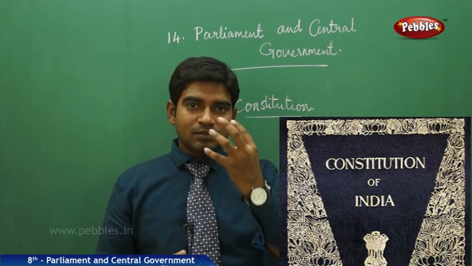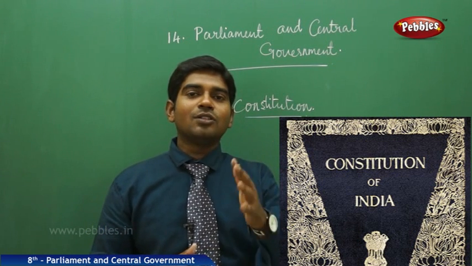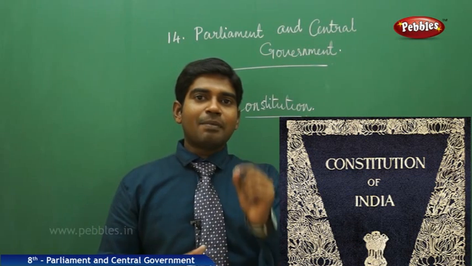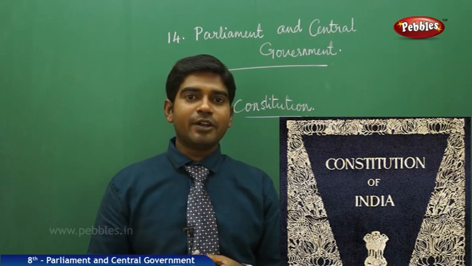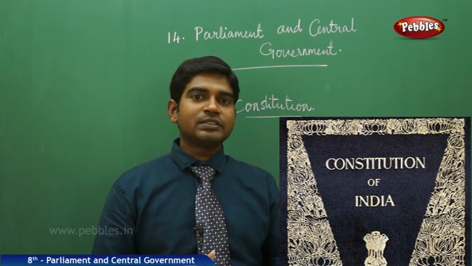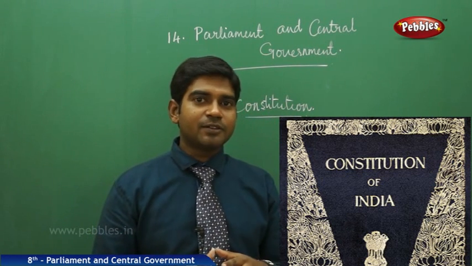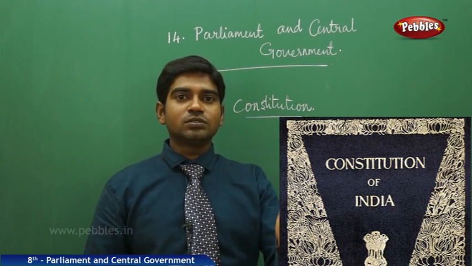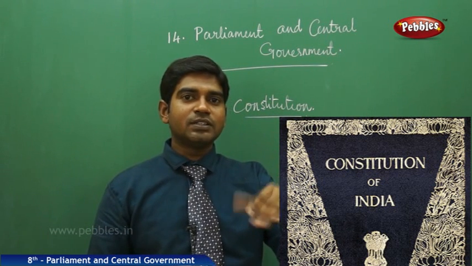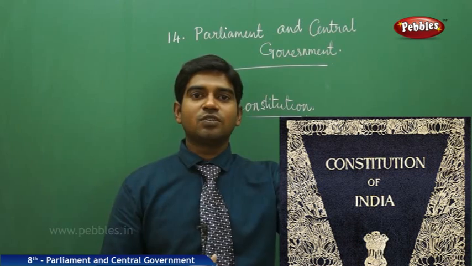So as the Prime Minister and President are the key posts of the system, Parliament also has a vital role. The party which has power in the Parliament, or more number of members in the Parliament, and only that party can take over the charge of the government. Once the party proves its majority in the Parliament, the leader of the house, whose party has more number of seats, will in turn become the Prime Minister. Then the President approves it. The President is bound by the advice of the Prime Minister later on to take the Council of Ministers.